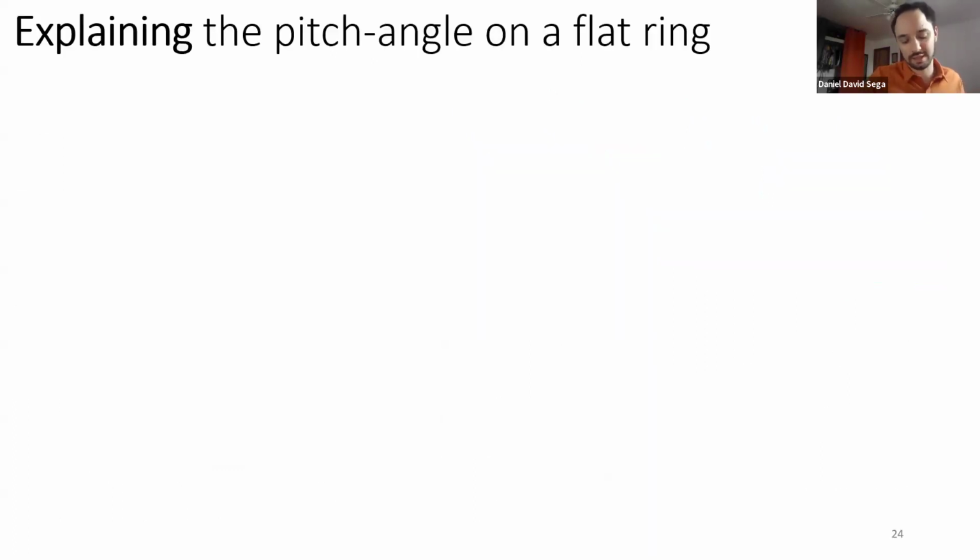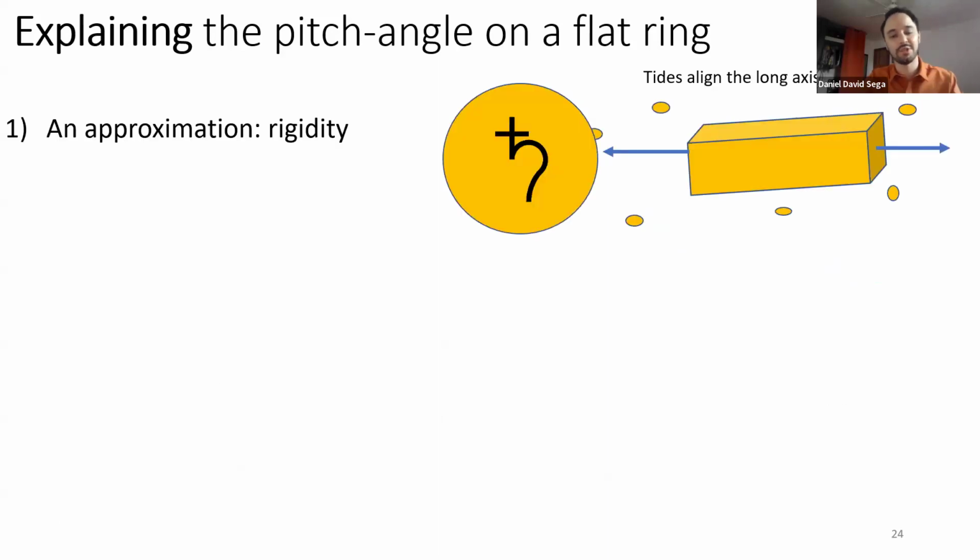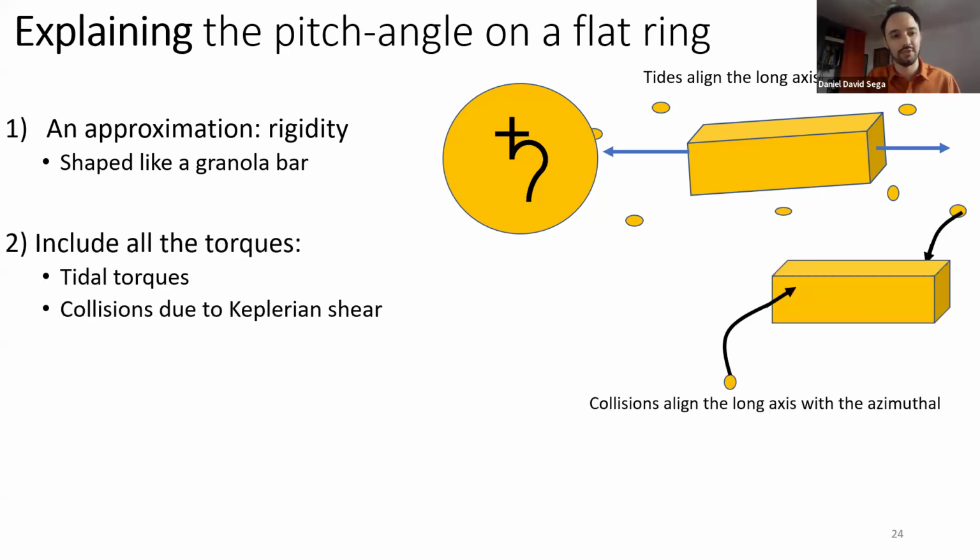So, like I said, if we're looking at time frames that are smaller, this behaves more like a satellite. And we took that seriously, and we approximated these gravity waves as rigid bars, specifically rigid granola bars. So to make our life easier, they are also parallelepipeds in nature. And now that you have this rigid body, you're going to have different torques.